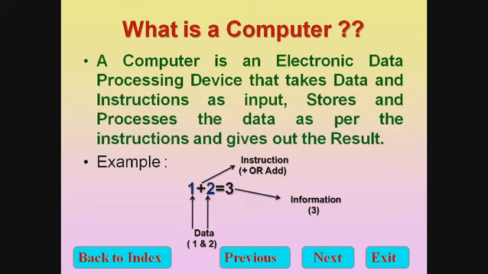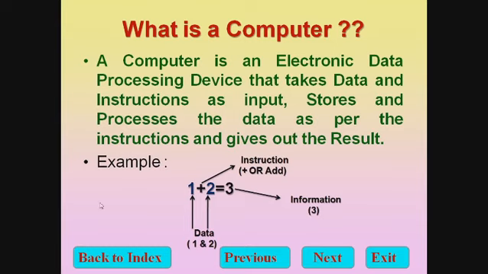Now, you can see the example. Here we want to find the sum of two numbers, 1 and 2. For finding the sum, the basic requirement is two numbers, that is 1 and 2. So, 1 and 2 is data. Here the instruction is the sum, so the plus operator is used as an instruction. When we apply the instruction plus over the data, 1 and 2, we get the result 3, and the information is 3. So after modification of data, we get the information.